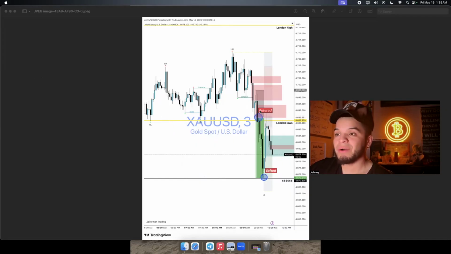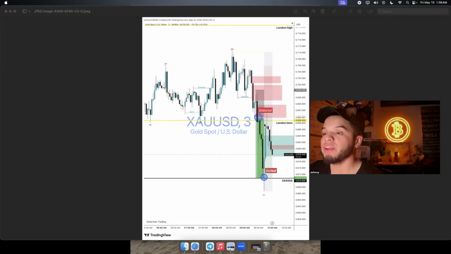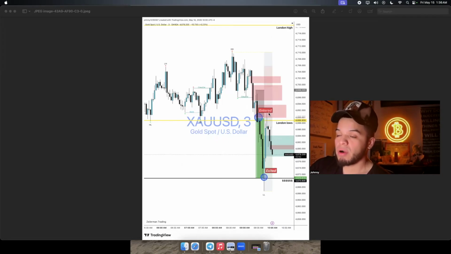Now, what did I see specifically that gave me the confidence to get into this position? We had a clean break of this candle, a displacement candle, breaking all of this down after all these engulfing candles. We had a retest at my key resistance area, my apologies, which was basically my London low, because my London high plays like a support, my London low plays like a resistance. We had a retest at a bearish fair value gap. So this was showing me that, hey, this is a high probability